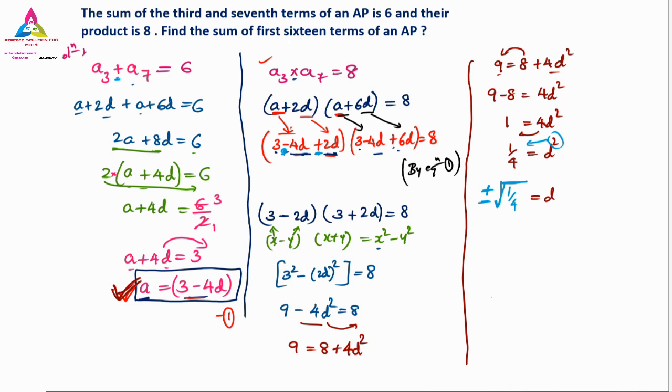Now I have to continue. The plus or minus remains as it is. The square root of 1 by 4 can be written as square root of 1 divided by square root of 4, that is equals to d value. Here we are going to get two terms, plus and minus. So square root of 1 is 1 and square root of 4 is 2, that is equals to d value. So we found the d value two times, one is positive 1 by 2 and the second d value is negative 1 by 2.